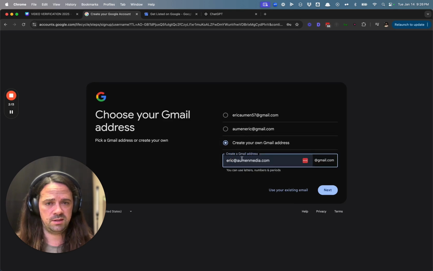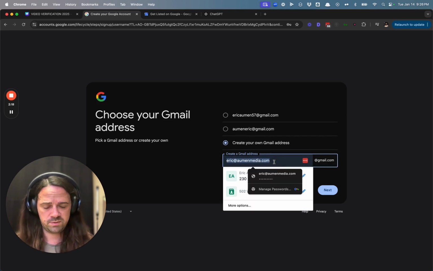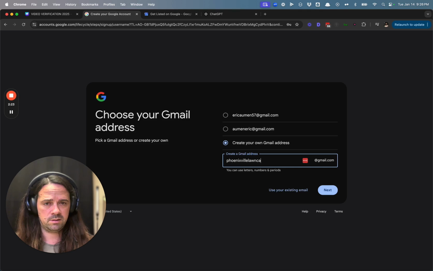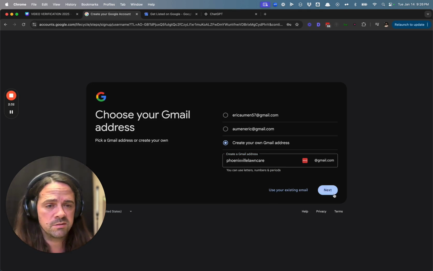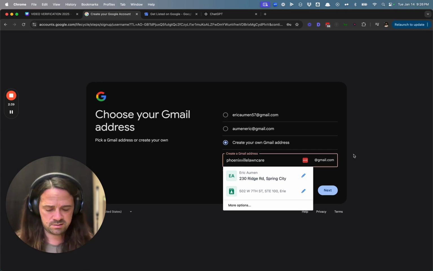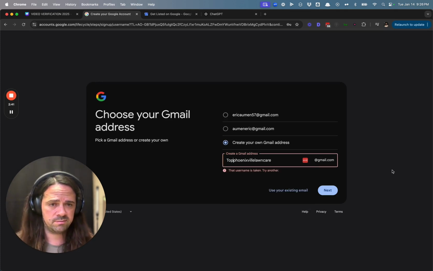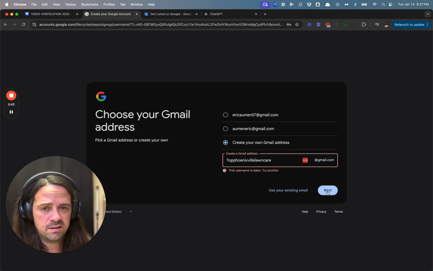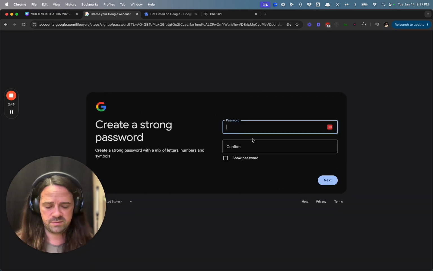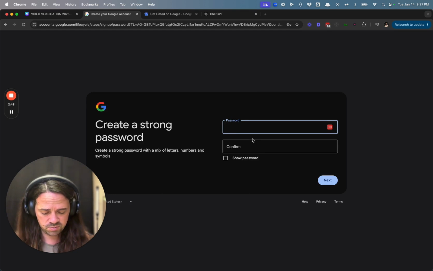All right, so it's going to make some recommendations. We're going to create your own Gmail, and we're going to be lawncare@gmail.com. Let's see if that is available. Phoenixville Lawn Care. So that's the name of my fictitious business I'm going to be creating for this example. And somebody already has that. Top. Let's make it top Phoenixville Lawn Care. All right, that's good. I'm going to add a password,